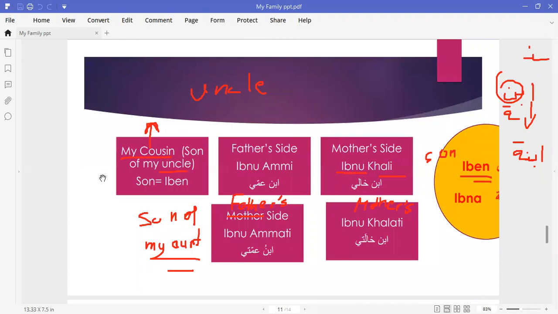So how do I say, if I say daughter of my uncle, I choose ibnat ammi. Ibnat ammi, daughter of my uncle, the same. But instead of son, I put here daughter. From the father's side, my uncle means ammi. Here it becomes ibnat ammi. From the mother's side, ibnat khali. Okay? Because it's the daughter. The same. Ibnat